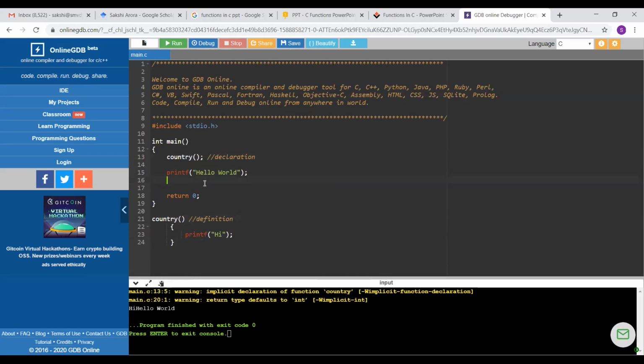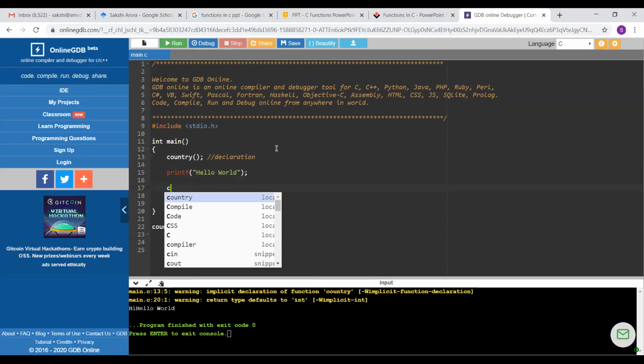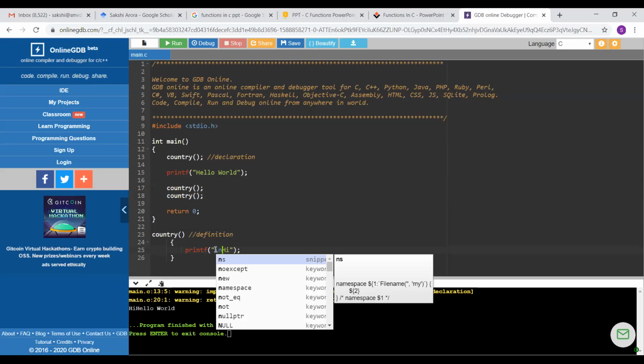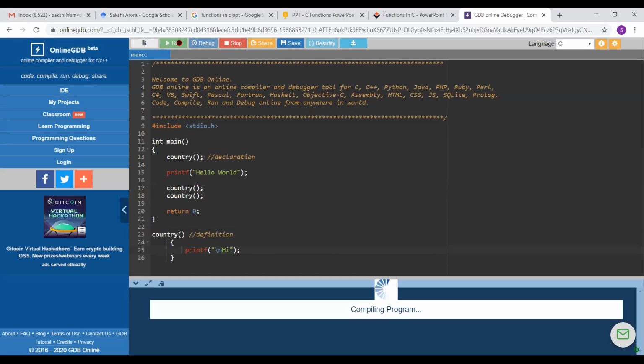And now after declaring it, I may call the function as many times as I wish to. I may call this function 100 times. I may call this function n number of times during the execution of this program.